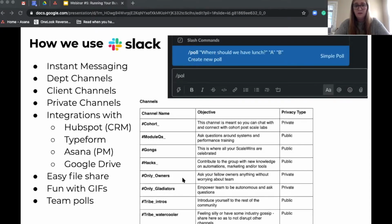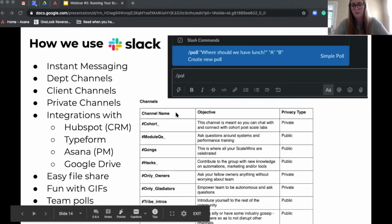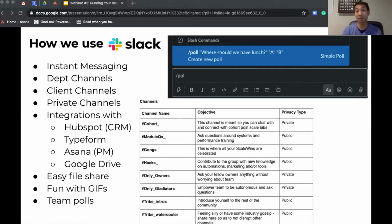Another thing, I should have pulled up Slack. Maybe I will. No. Well, we talk a lot about Slack here too. So okay, some of you may not have Slack, Kelly, which is fine, but